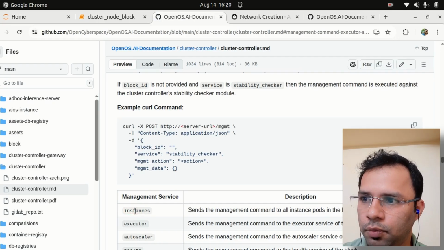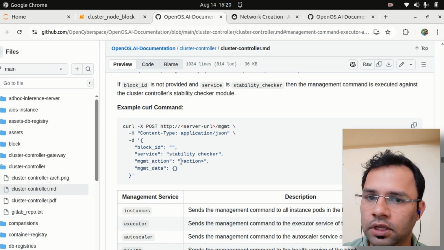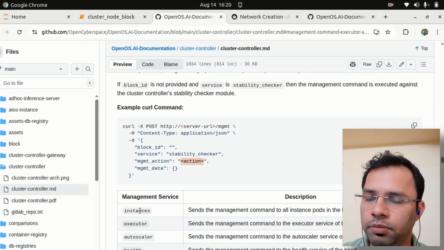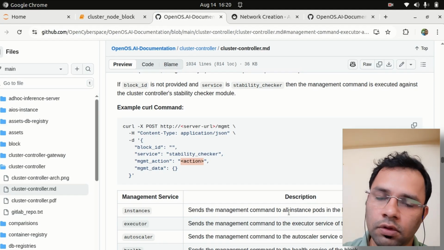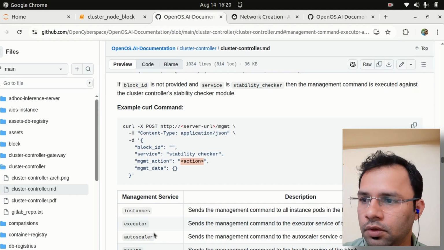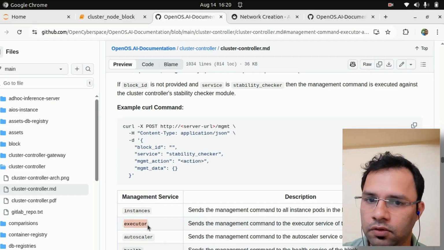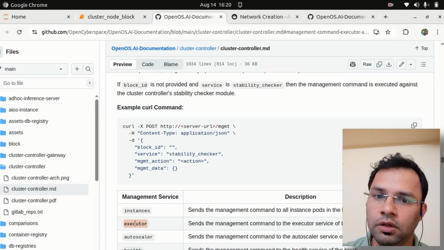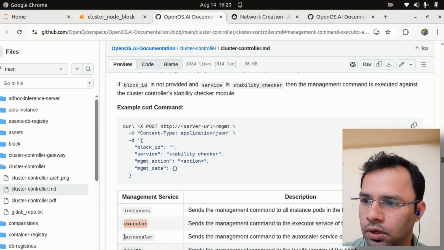If you provide service equal to instance, then you have your block code which does the actual inferences, right? For them you can update the dynamic parameters. This will do a parameter update for all the pod instances of the block. If it is an executor of a block, the block has an executor which does the policy implementation, running all the policies that you write, right? So this executor will run those policies. To send some management commands to that executor, you can do it here. And for autoscaler also, if you have a management command you want to send, you can do it here,